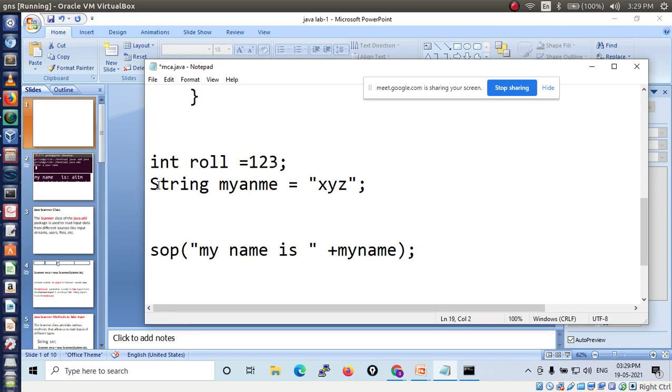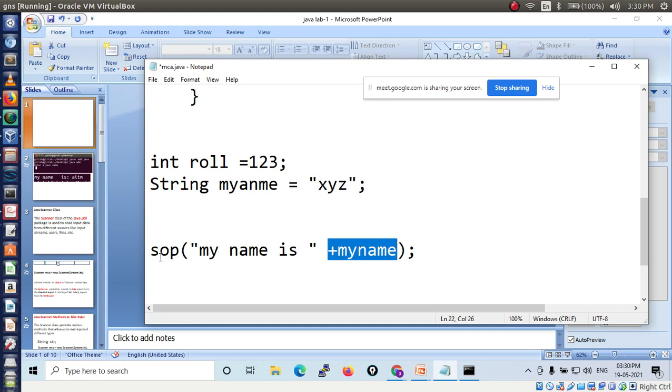S is capital here. Remember, S is capital. Then followed by variable name. Here int is data type followed by variable name. Then using the assignment operator you assign the value. Is it clear? Now after getting the values, our job is to print this data. So one I have displayed using SOP: System.out.println, my name is. So what is my name here, XYZ. It is stored in which variable? myName. So I am writing plus myName.